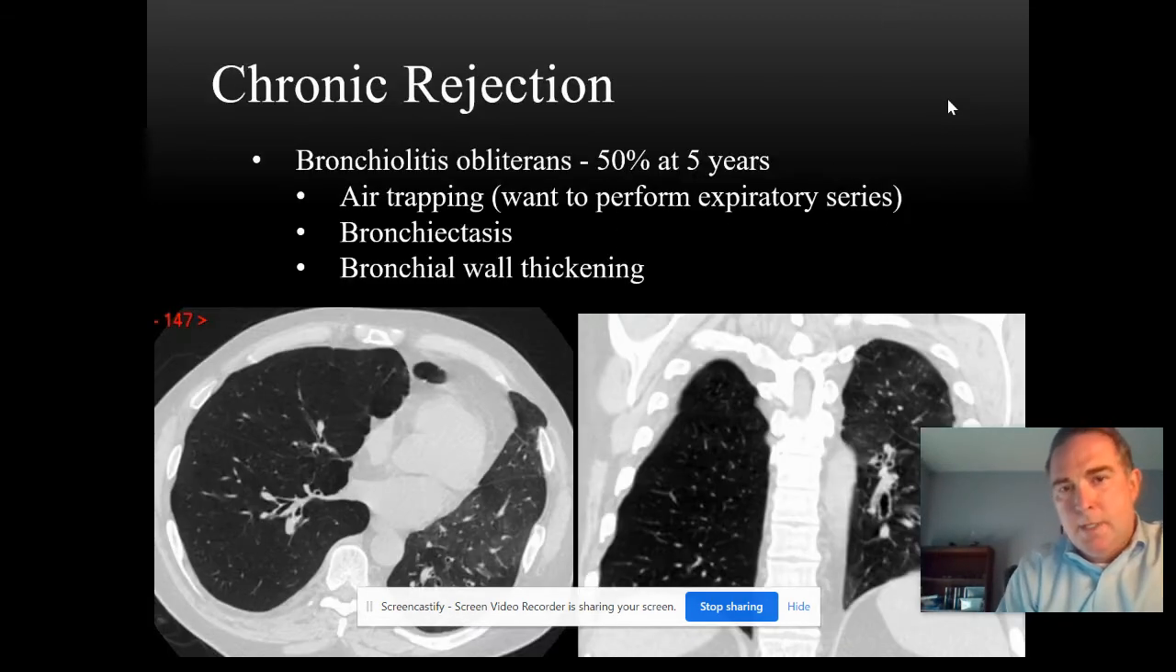Chronic rejection manifests itself as bronchial wall thickening. And if you think about diffuse bronchial wall thickening, it's going to cause air trapping. So what we'll want to do, it's one of the indications to perform expiratory imaging. So when you're protocoling, if the indication for the chest CT says concern for chronic rejection, you can